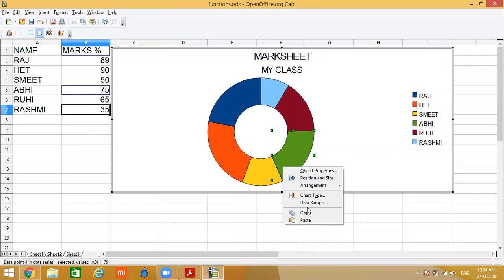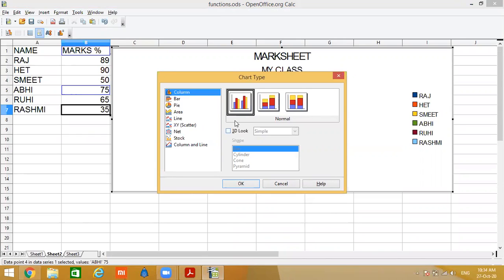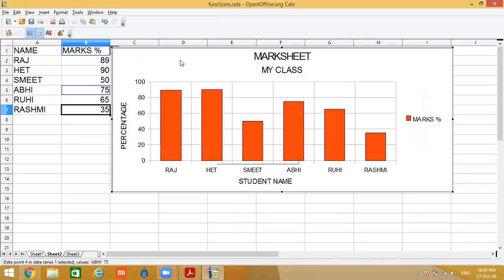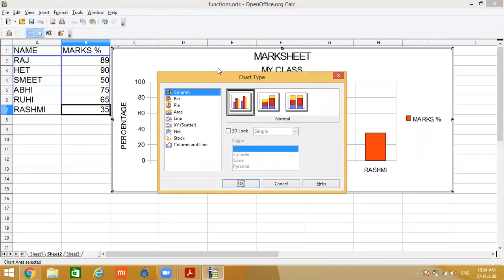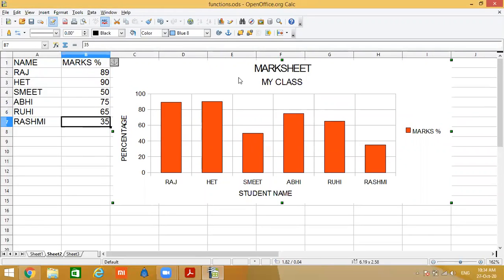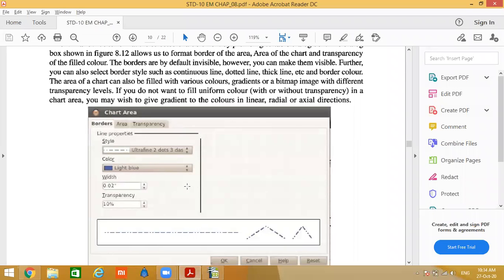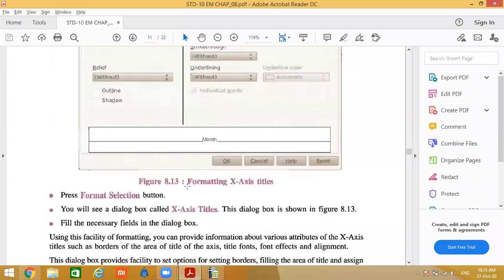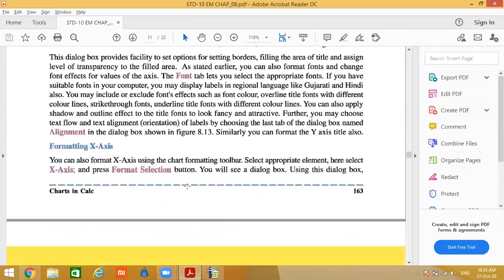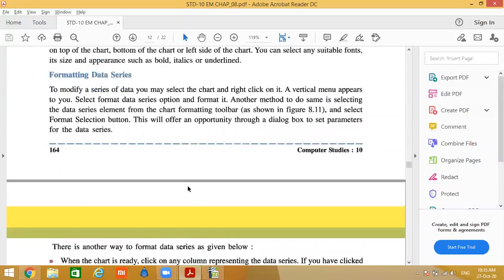Chart area, go to select, simple like this. Right click, chart type, column chart. When you select the chart area and right click, you get formatting x-axis title, formatting x-axis, how we can change the formatting of the chart wall, the chart floor, and how we can update that chart.